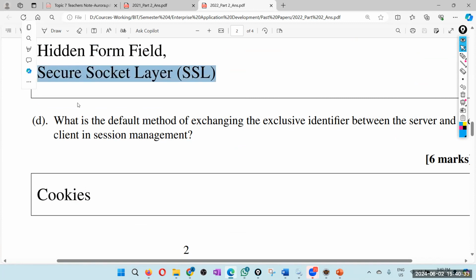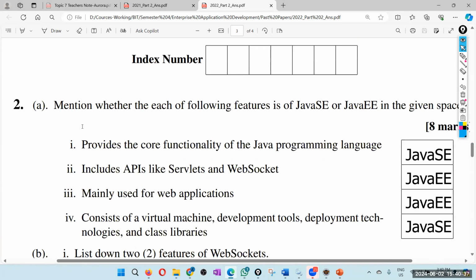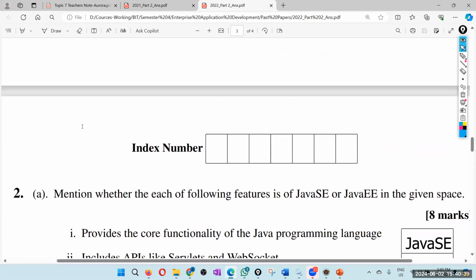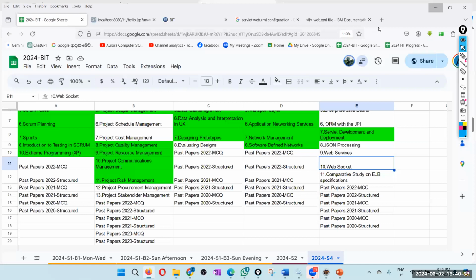So you can see that the questions are not very easy, but now at least you can get an idea about what kind of questions they ask, what the expectation is, and you have more than 1 month to prepare. So make sure you read the reference book, and for example, you can do a search like JSP